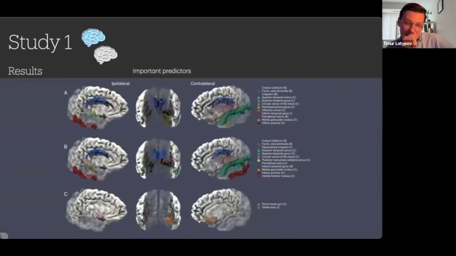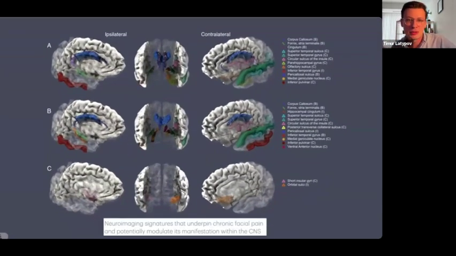So this figure illustrates some of the top predictors for each comparison. This includes, for example, regions of the brain like insula, temporal cortex, olfactory regions, thalamus, and fornix. And several interesting observations can be drawn from here. First is that if you take a look at the first two rows, predictors of trigeminal neuralgia and trigeminal neuropathic pain, in fact, appear very similar. And this is further supported by the second point, because only two structures were significantly different between classical TN and trigeminal neuropathic pain when we looked into post hoc statistics of important predictors. It was insula and orbitofrontal cortex.